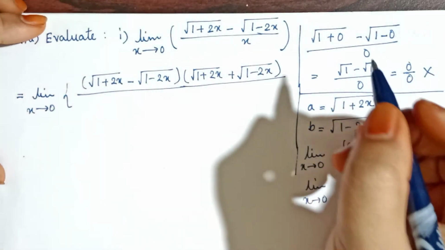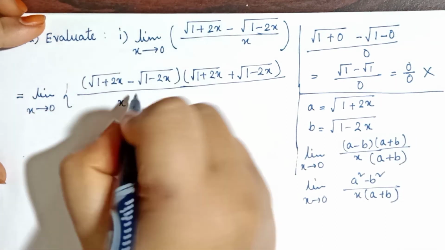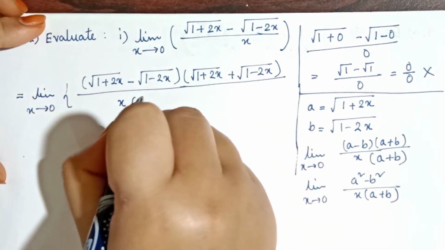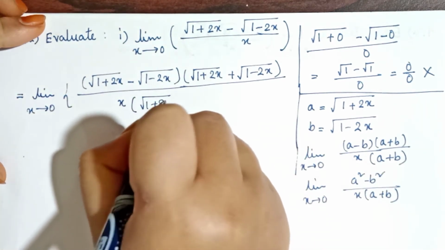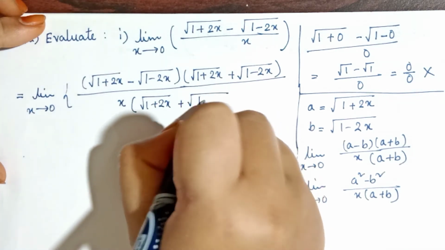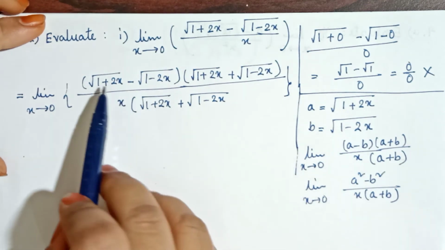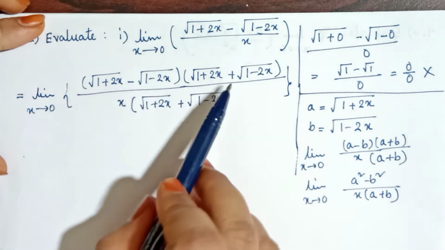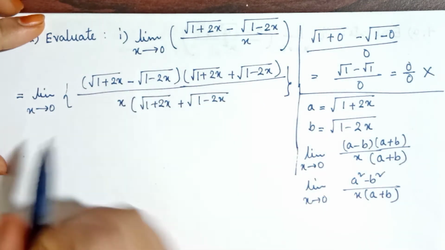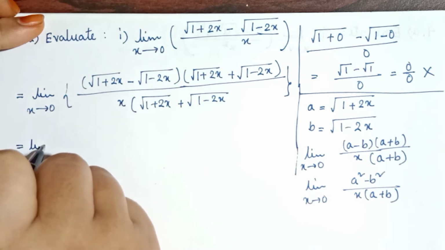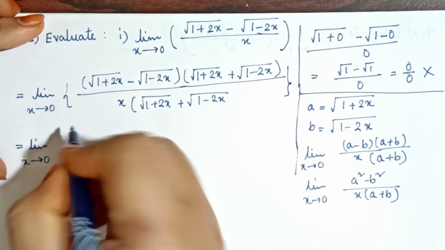Then in the denominator we also have to write this value, plus root over 1 minus 2x. Now since this is a minus b into a plus b, by the formula we can write down